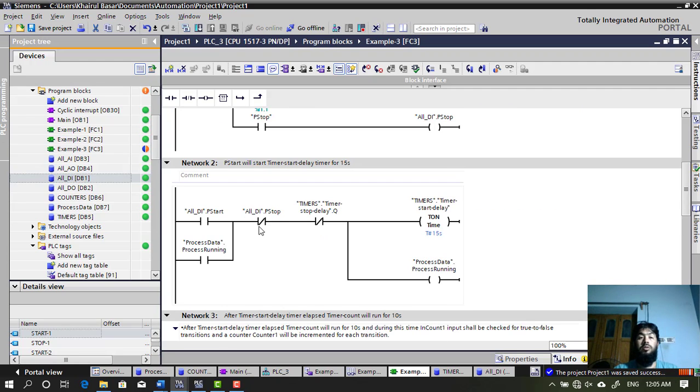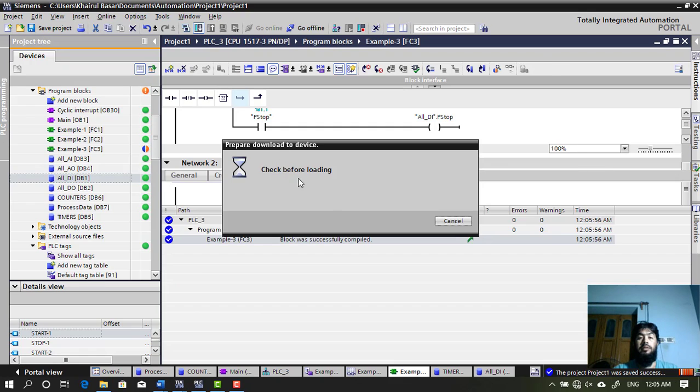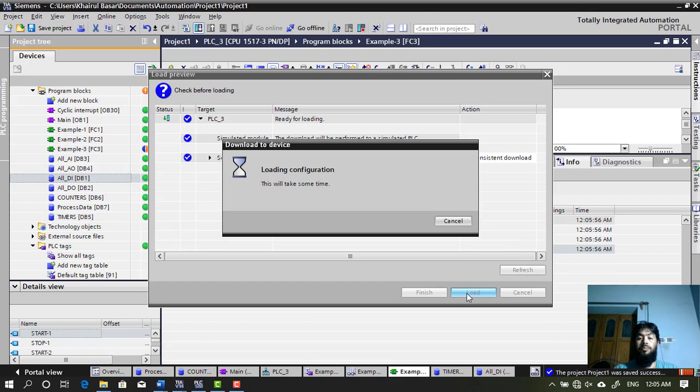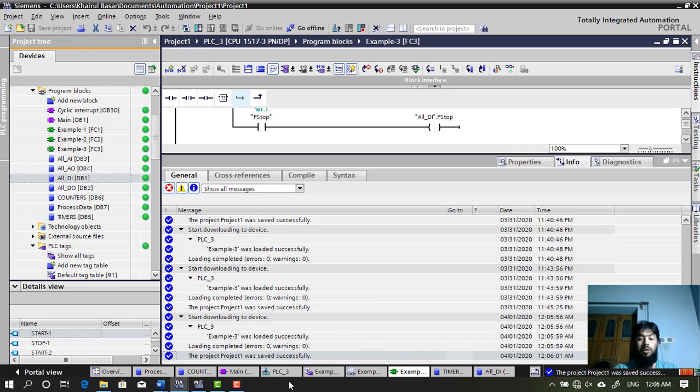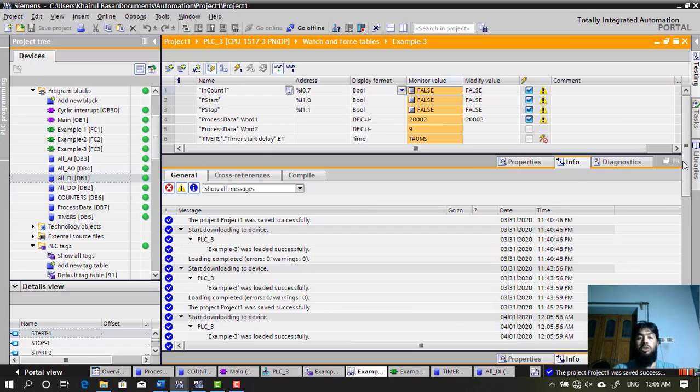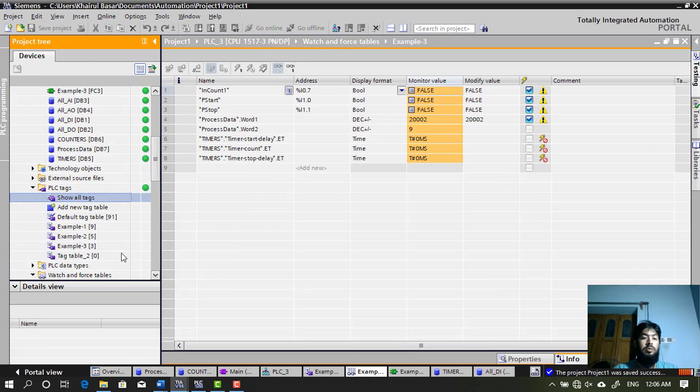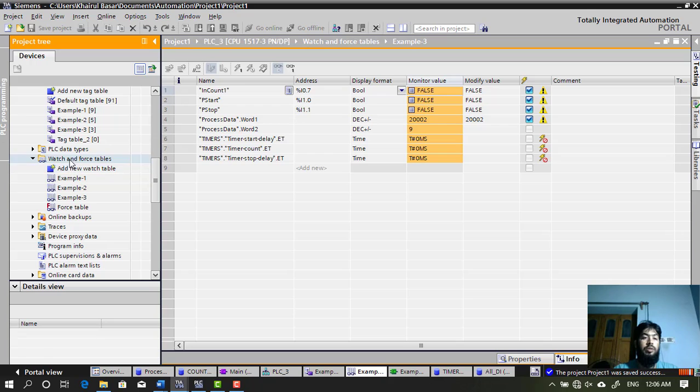How can we confirm this logic is working? Let's test using a simulator. Okay, so for example 3, we have created a watch table. If you want to know how to open the watch table, double click the watch table. We have listed the variables we need to monitor and control, and let's